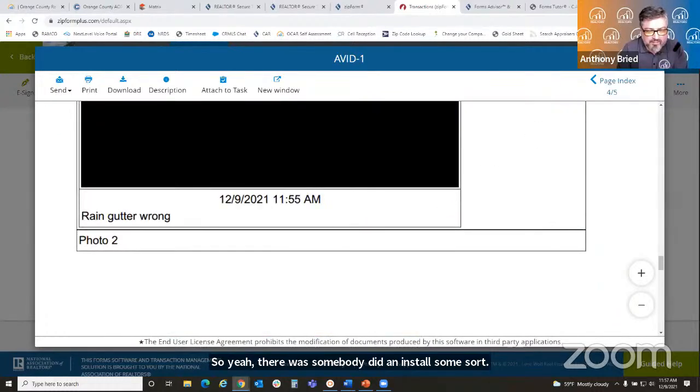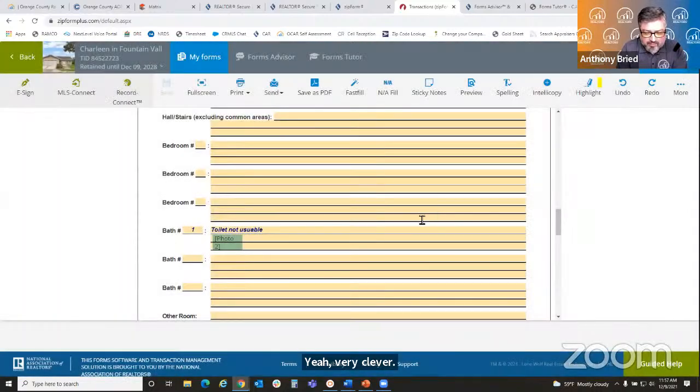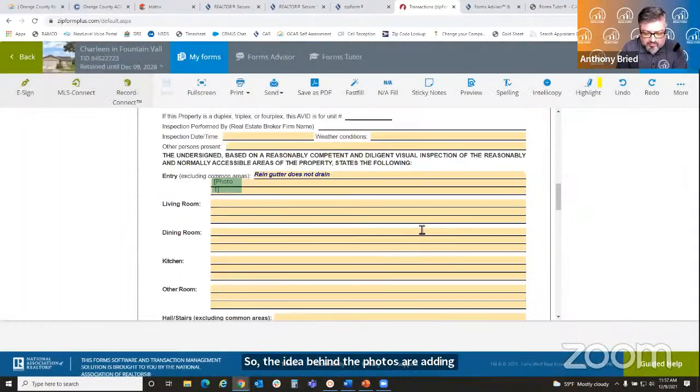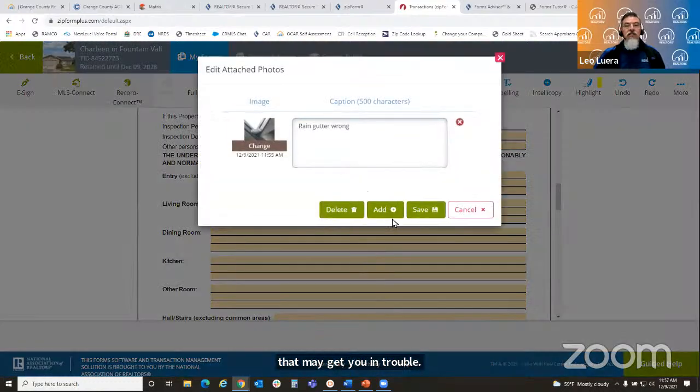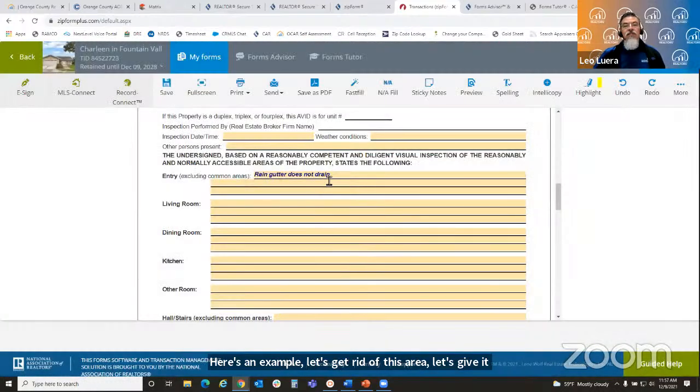So the idea behind the photo, or adding photos to a contract, is what, Leo? It is to further explain what the observation is without putting down descriptive words that may get you in trouble. Here's an example. Let's get rid of this area. Let's get rid of that and delete. So another example would be